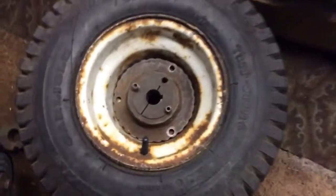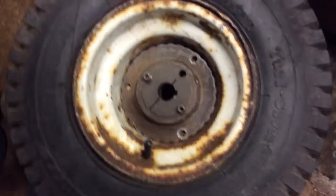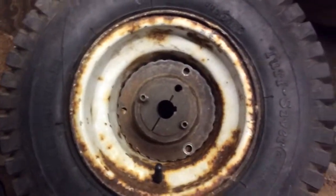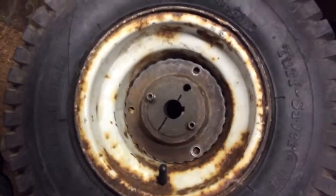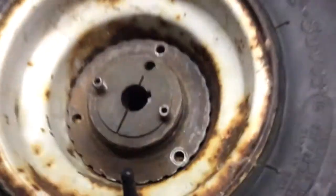Got an inner tube for this tire, now it holds air. We still need another hub similar to that, and we're going to drill out the holes and then bolt the hub to the wheel and then the hub to the axle. The other wheel is just sliding on there, it does not have a hub. But the hole is all drilled out